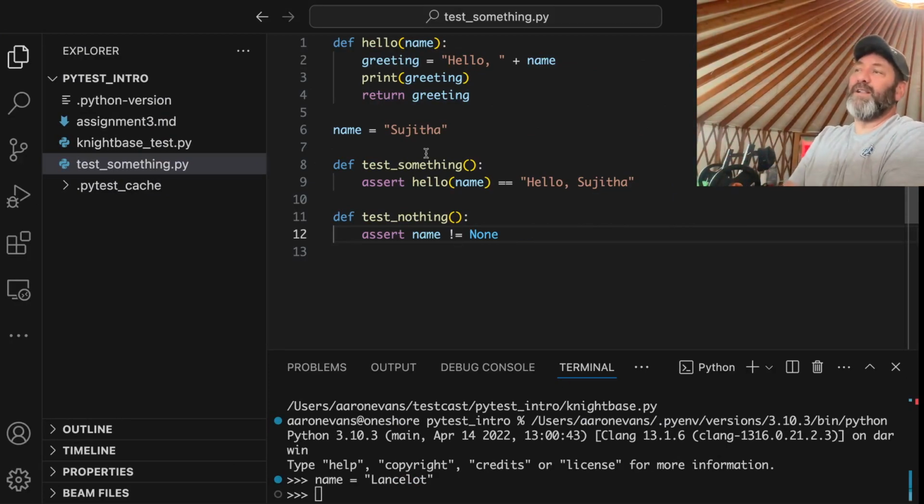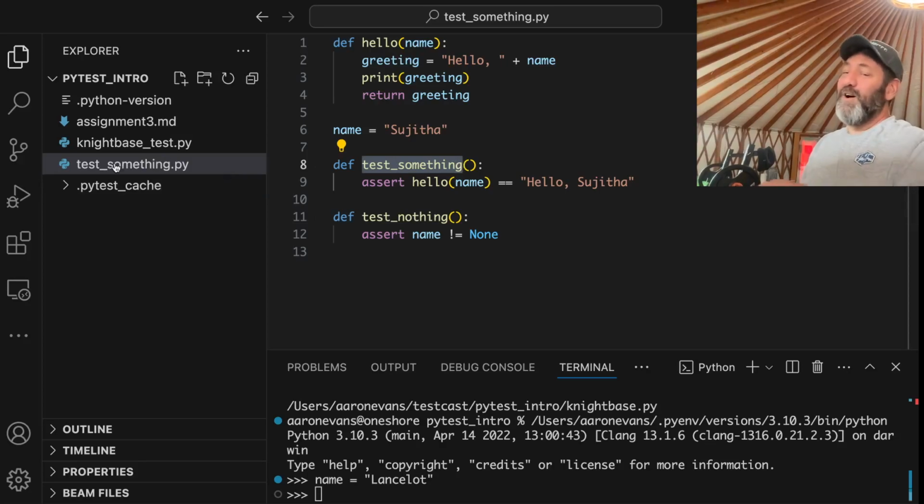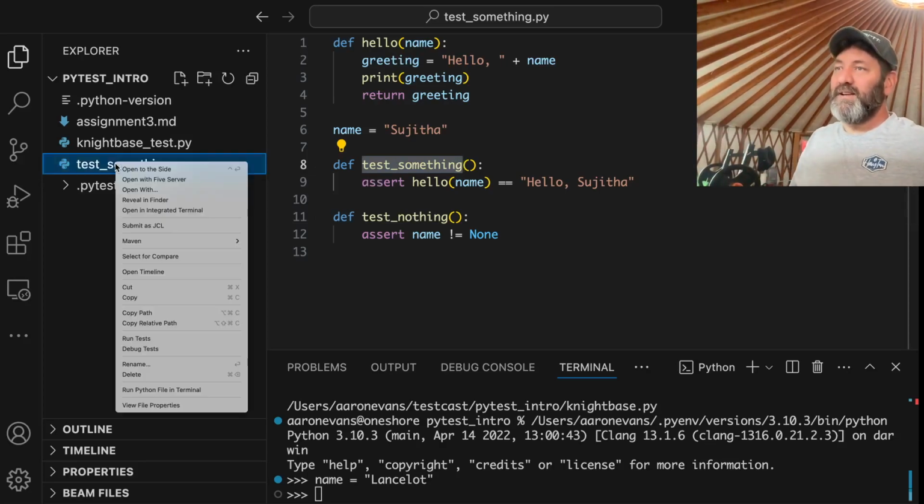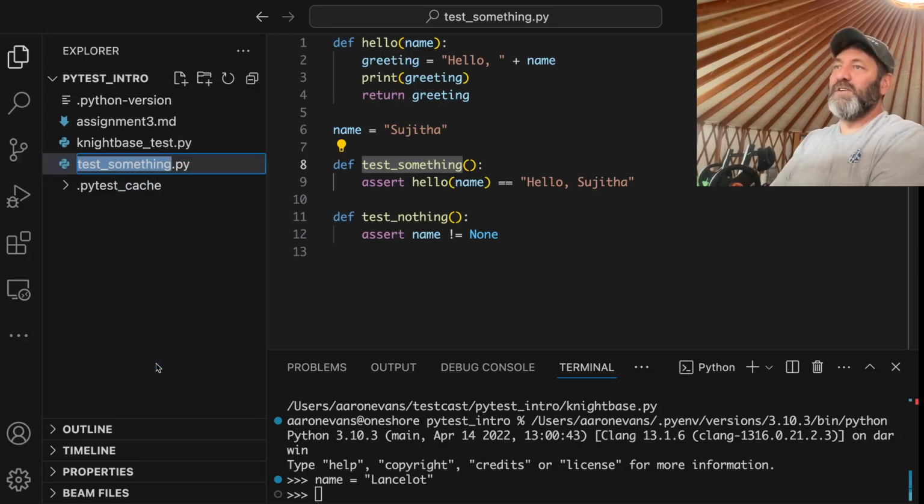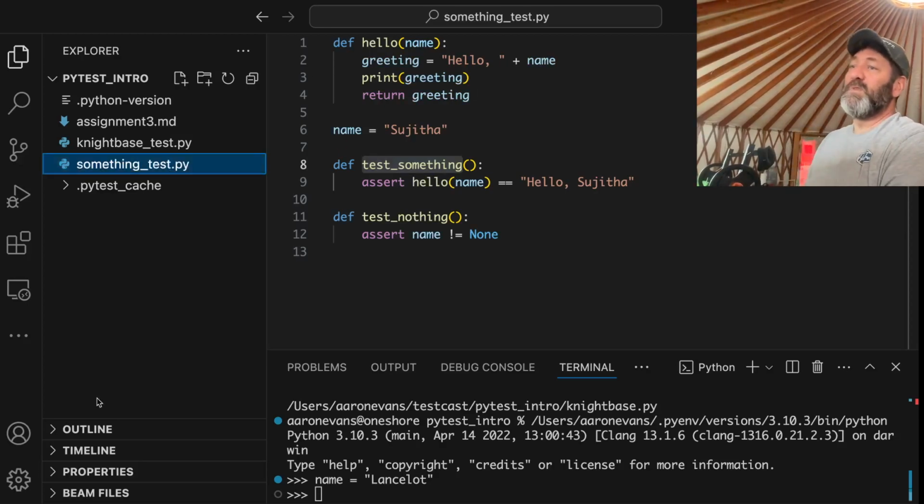We'll learn more about it later. You write a method called test something in a file called test something or something test. I think the convention is to put test at the end in the file name and at the start of the function. There we go. Doesn't matter. Either one will work. And then